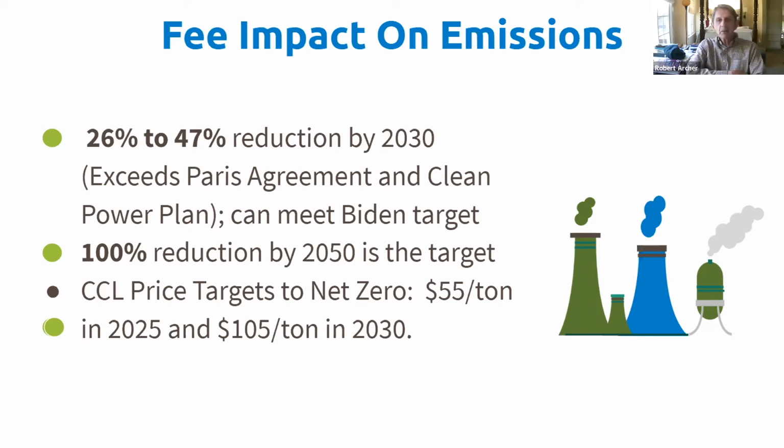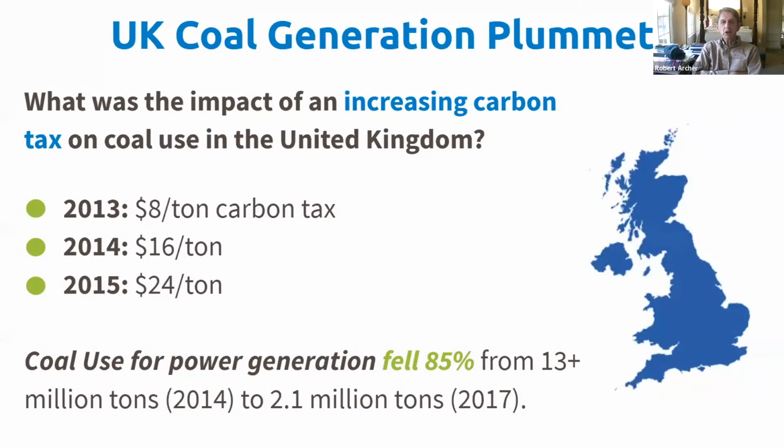I like this example in the United Kingdom of the impact of a carbon fee. They imposed a carbon tax on coal and gas for power generation, which caused an 85% decline in coal use from 2014 to 2017. They imposed it on top of the European Union cap and trade program, which was fairly stagnant. The experience also provides an important political lesson. The UK green organizations like Greenpeace opposed it initially, and after success, advocated for continuing it.